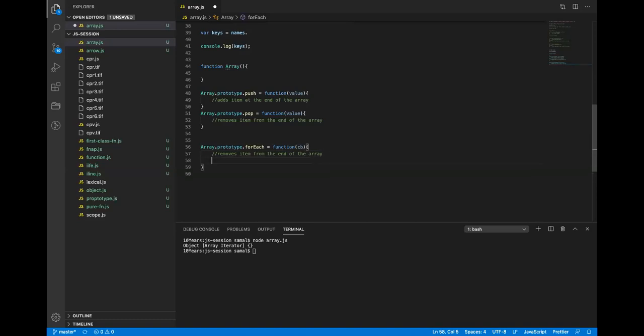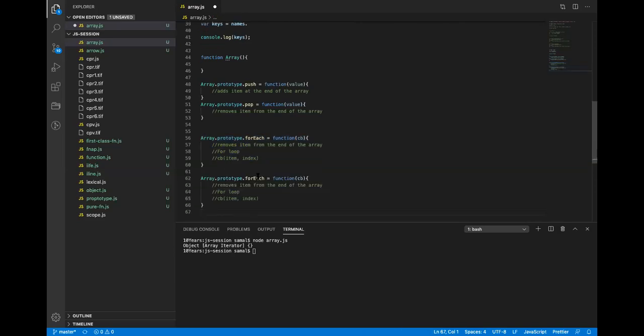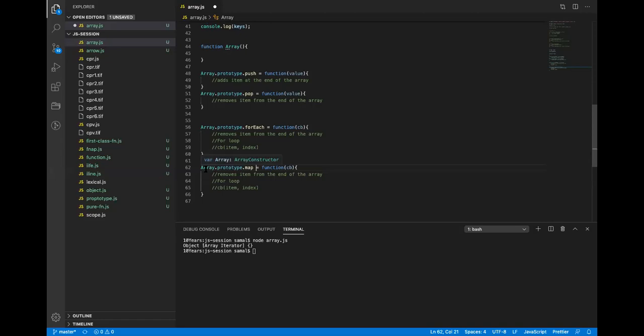Using a for loop, it loops through all the items, and this callback is called every time with all the values, item and index. The same applies to map also, and map returns another array.